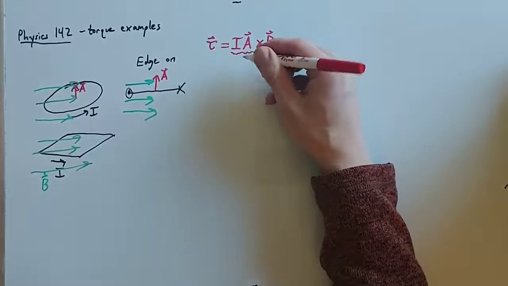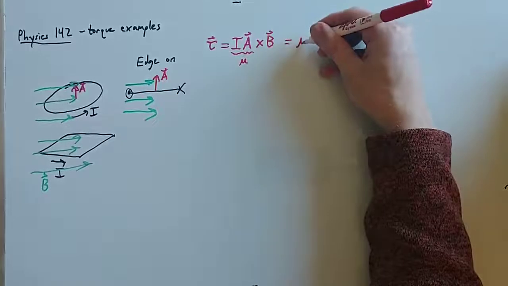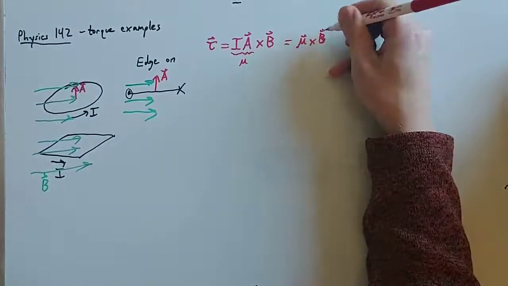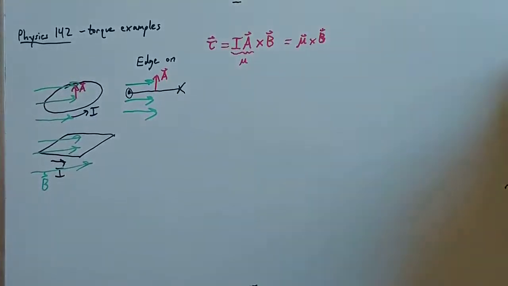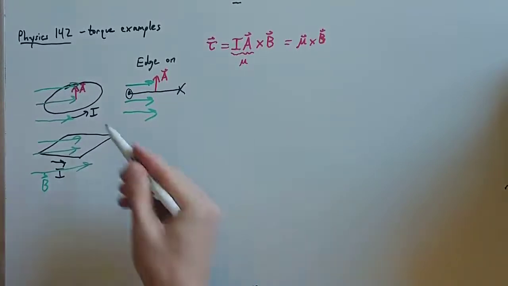It's the magnetic dipole moment and gets drawn with the letter mu. And so we could also write this as mu cross B. So that's just a little bit of a review of torque, and I want to do a specific example. All right. And the specific example I want to think about is this circular